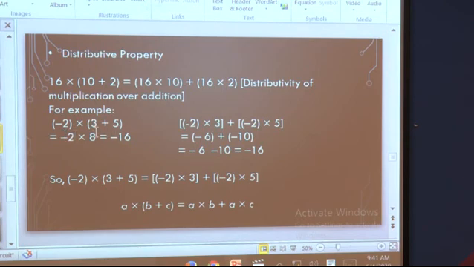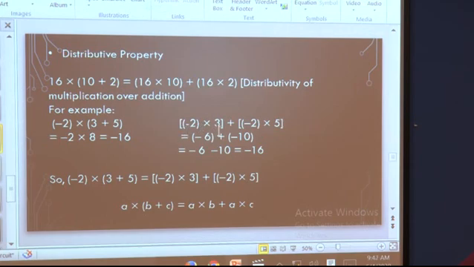First I have to solve this bracket. So I will write 3 plus 5 is 8. I will write -2 as it is. -2 into 8 is equal to, simple, 8 2s are 16. It's one negative integer, so I have to write -16. Now this is what we do normally. While learning the distributive property of multiplication we have to use a different method, so I will explain it in detail.